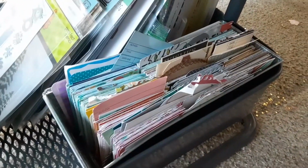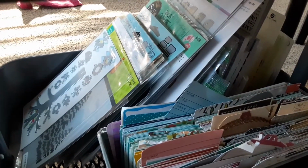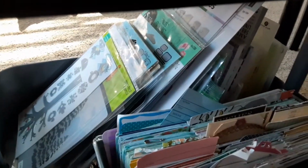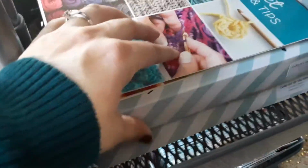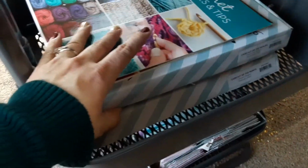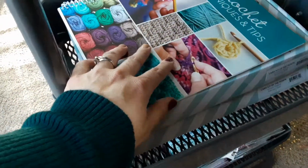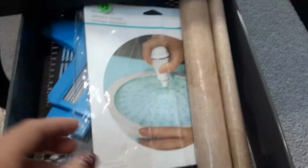Down here I have my cut apart cards. I have all my dies that are in my embossing folders that are waiting for me to go through them since I'm working my way through my stamps. My dies are next. Up here I have a couple Spellbinders card kits. They just fit inside this tray perfectly. Got these on uber clearance and I'm still working my way through them. Plus just some other crafty books that I'm using. All right, this top tray